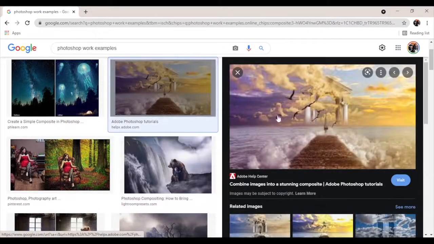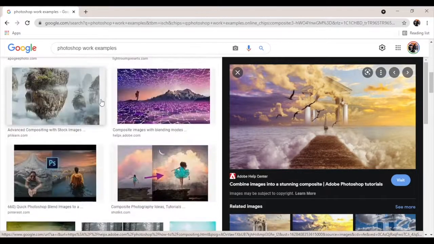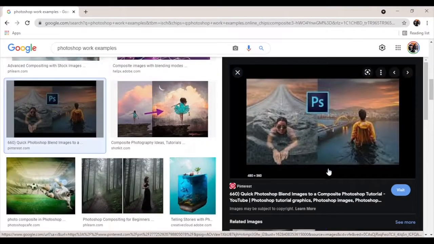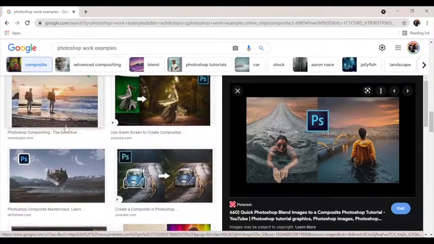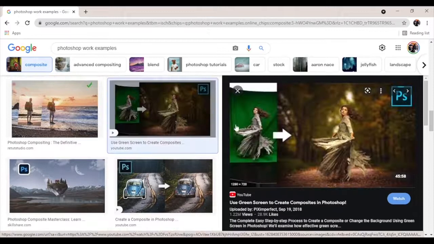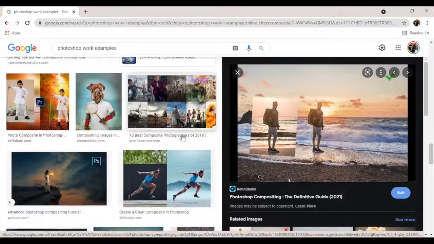These works usually take hours and sometimes days, but the end results are amazing and really great for your portfolio. We've got some simple stuff here where you just take a subject and put a custom background. Here's another one.